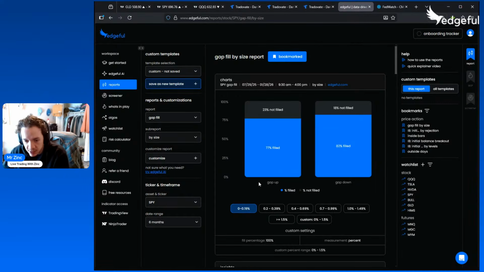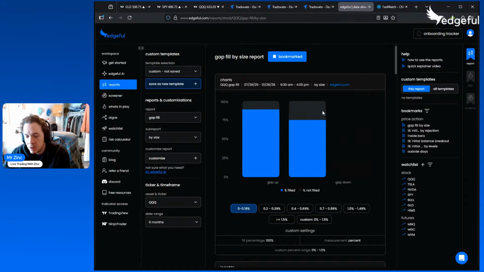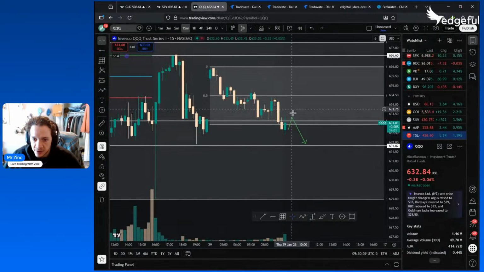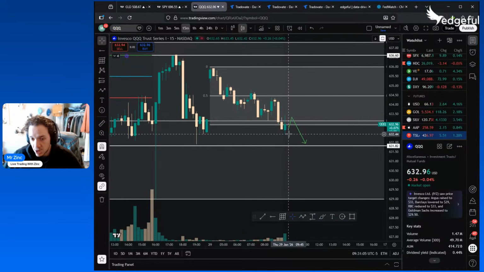Oh, never mind, it came down quite a bit. Maybe we haven't been filling the gap as much on SPY. Either way, we already filled it on QQQ. QQQ just had an immediate, it was a $1 wick from the low to the top,